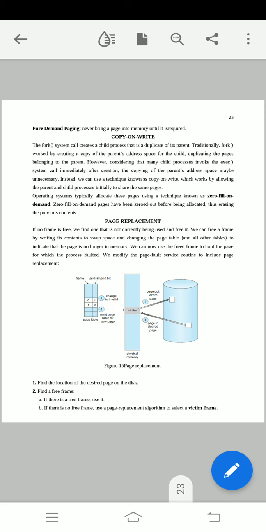Then one more important concept with respect to our operating system is page replacement. Suppose the requested page is not there in your primary memory, that is your physical memory. It has to be brought from the secondary storage into the primary memory. When there is not enough space to store the requested page from the secondary memory, I need to replace an existing page from the physical memory to the secondary storage.